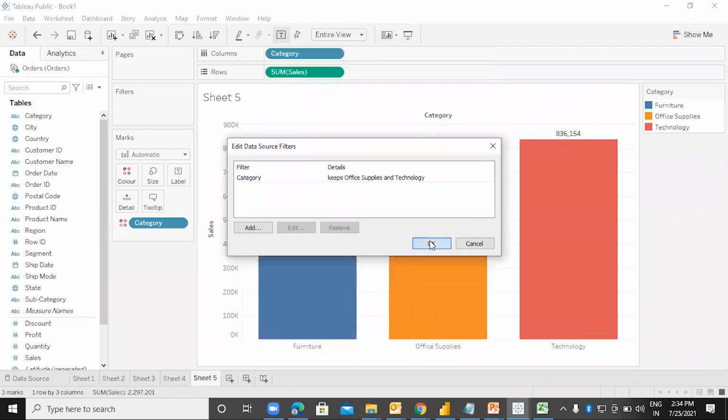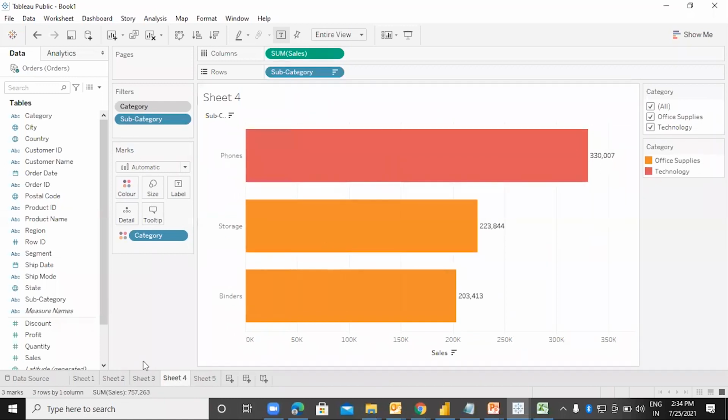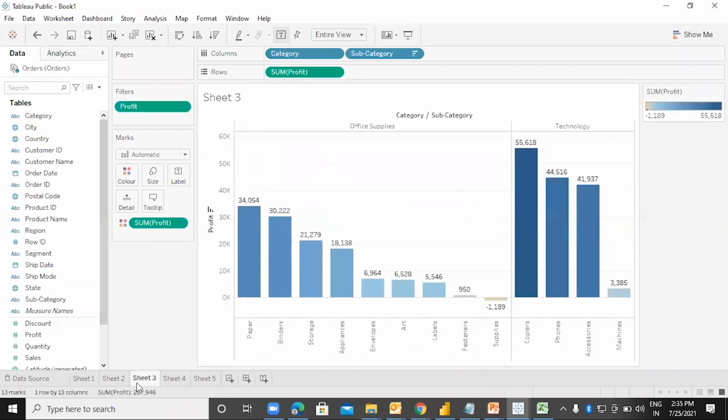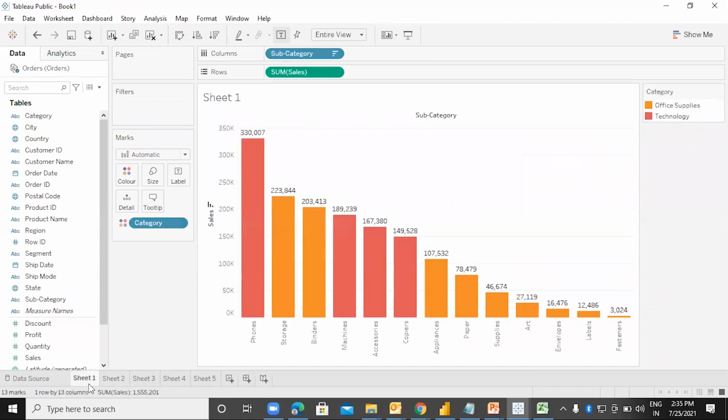Say okay. Right? I am getting only the office supplies and technology. Let's go to the other page. I am getting only office supplies and technology everywhere.